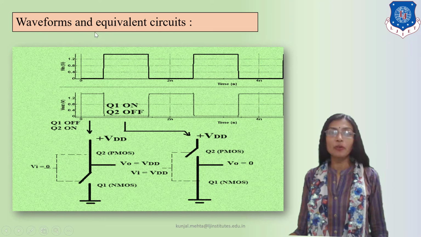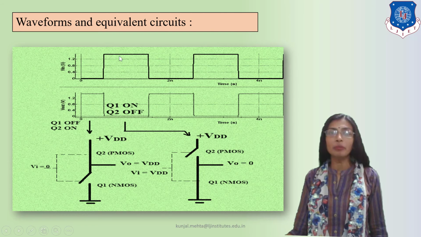Look at these waveforms and the equivalent circuit, so we can easily understand the operation of the CMOS inverter. As per the waveform, this is the negative cycle of the square wave. This is the input waveform. This is the output waveform. Right now we are taking the square wave, so we can easily explain the positive half cycle and negative half cycle, 1 and 0 respectively. If we have this negative half cycle or 0 input, the output is positive. So this is clearly inversion.